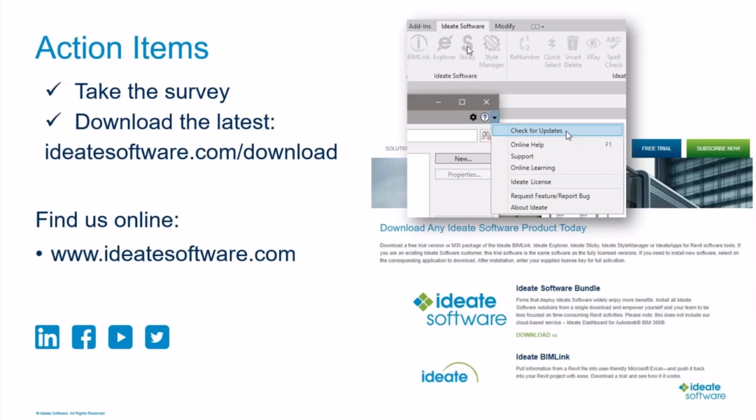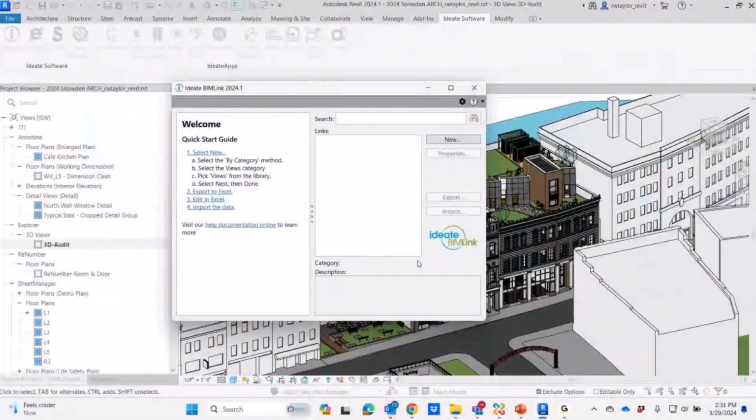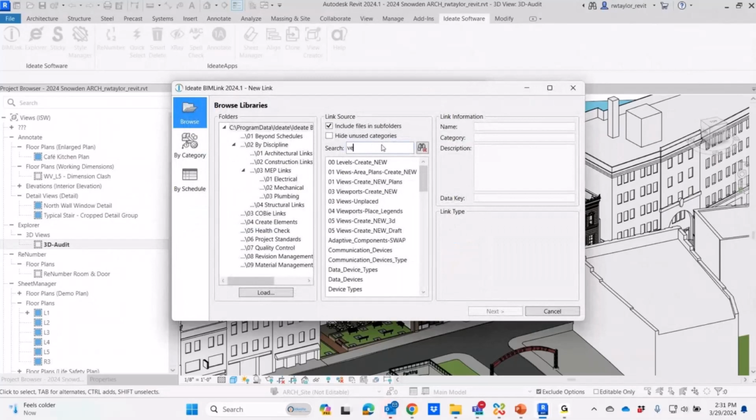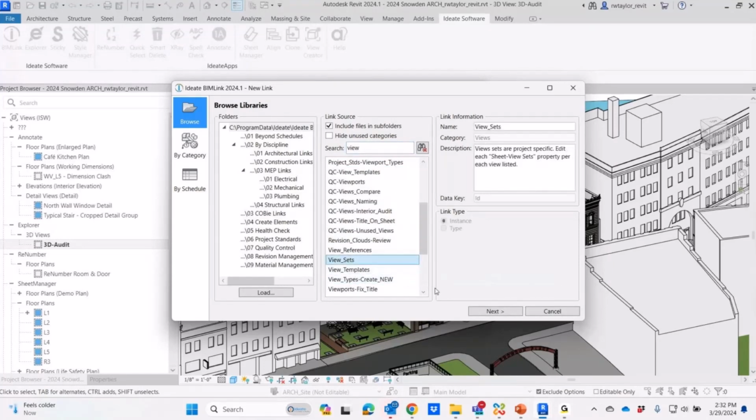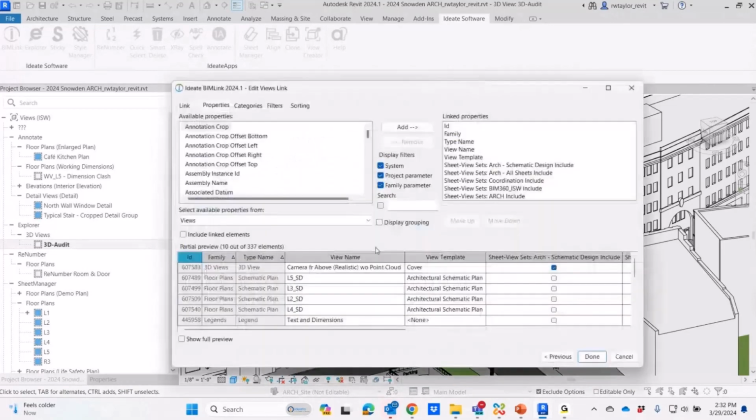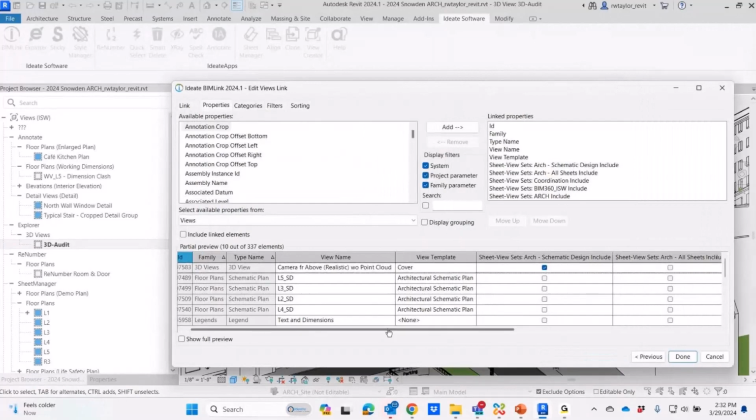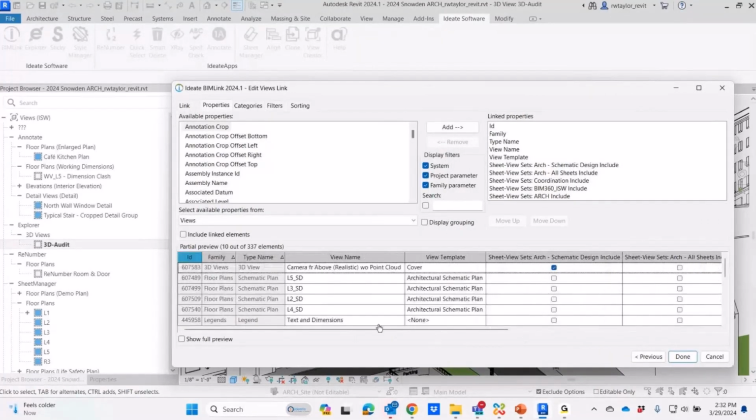And one of my favorite new things about the view data specifically, we're always adding new properties, right, that our customers are asking us about. I know that we recently added one of the related data tables to views specifically, which was the sheet view set information, which means that for a list of views, you can now use BIMLink to also say, these 10 views belong to this specific sheet set. So it's a great way to keep on top of your sheet view sets. And the same is true for sheets. It's both either sheets or views. But that's thanks to our beta testers and customers who requested that particular piece of information.